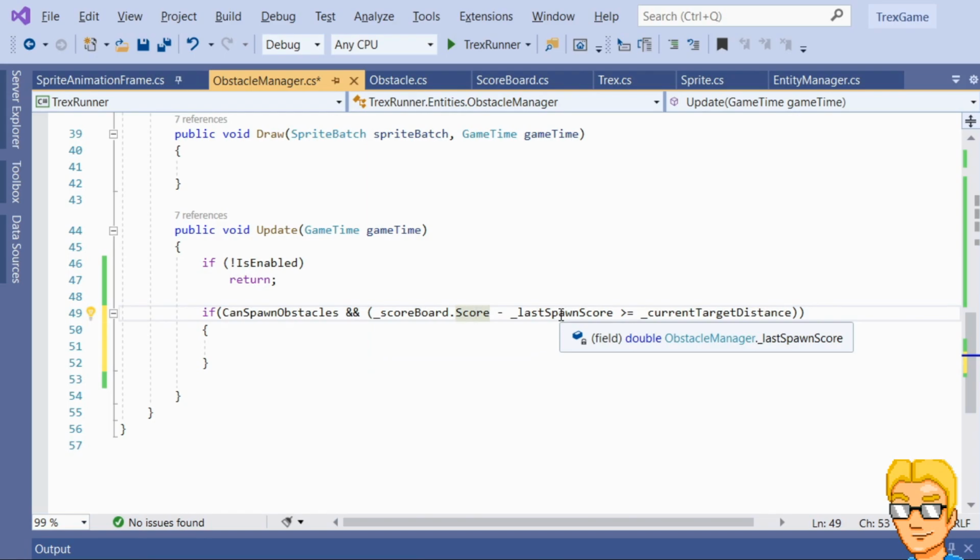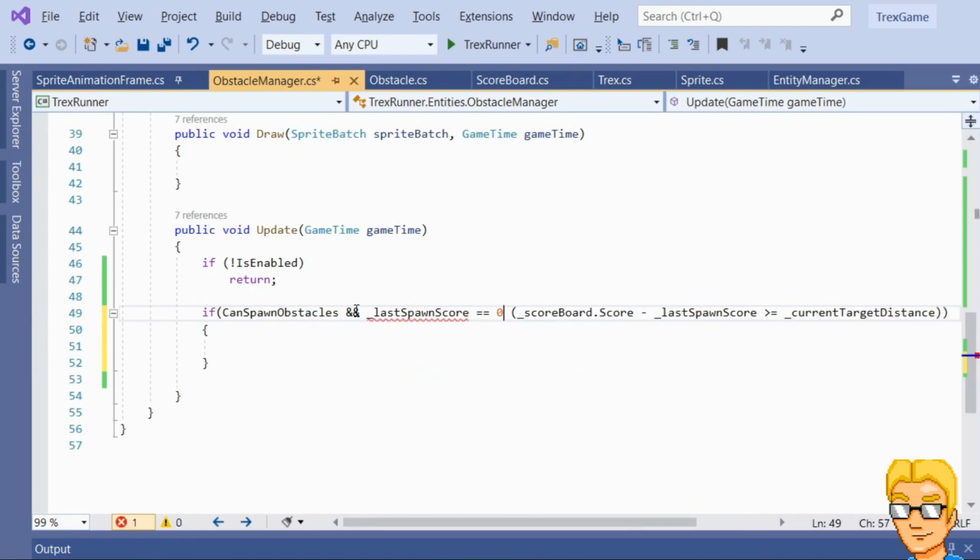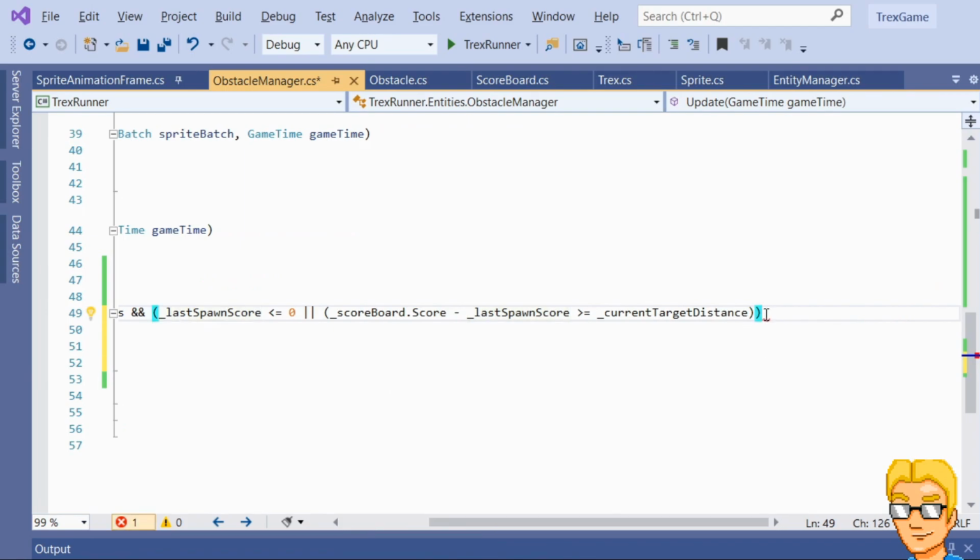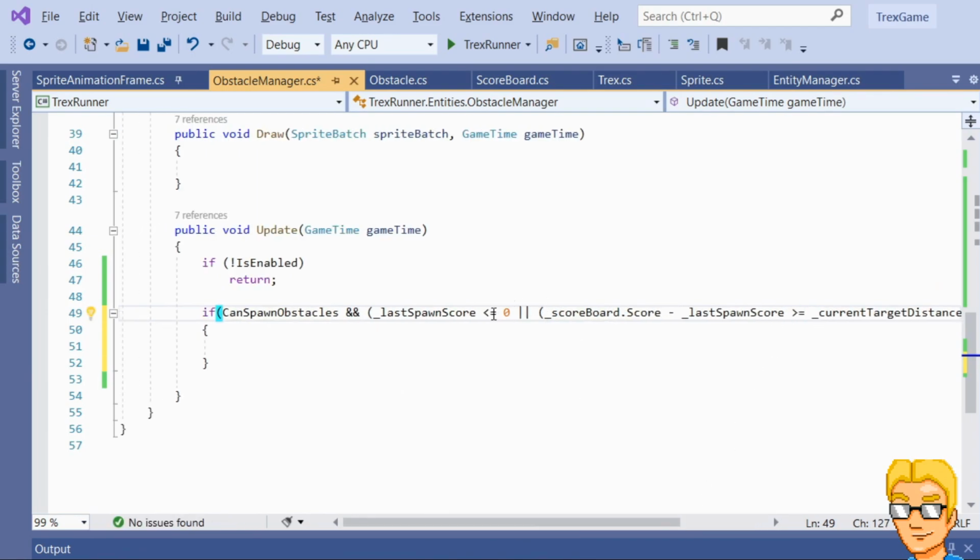So we should ignore this. So basically, let's say here, whoops. Like this. So these are the conditions for the obstacle manager for when it should spawn